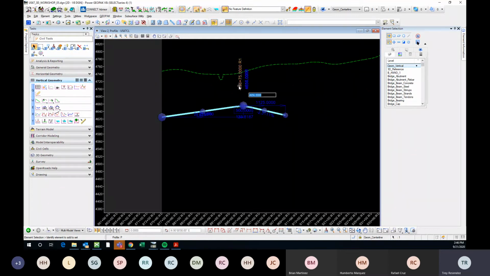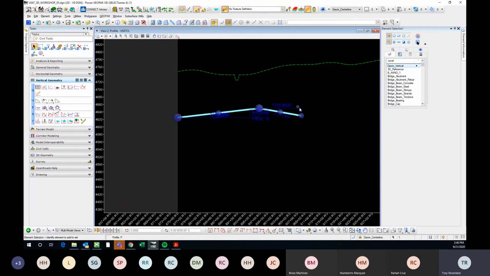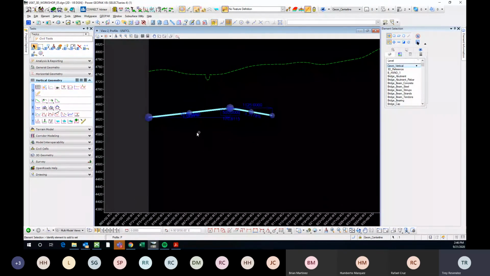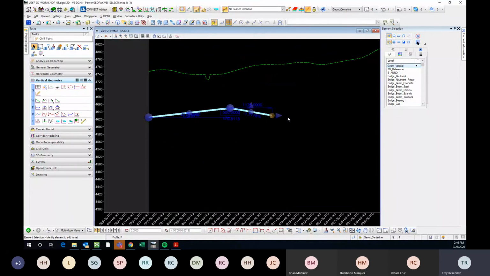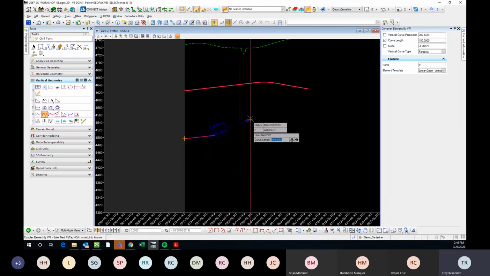So if I were to change one of these elevations, right, if I were to make this 4650, then you see that both grades get updated and these VPIs don't change, which I feel like is the best workflow to use, because sometimes you do want to keep these VPIs, and if you do not key in the station and elevation of your VPIs, then